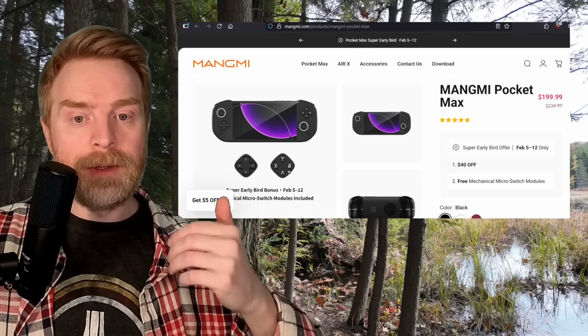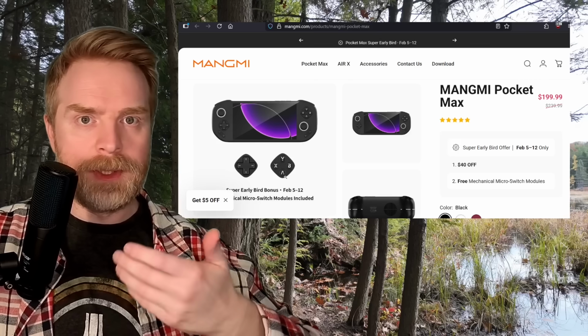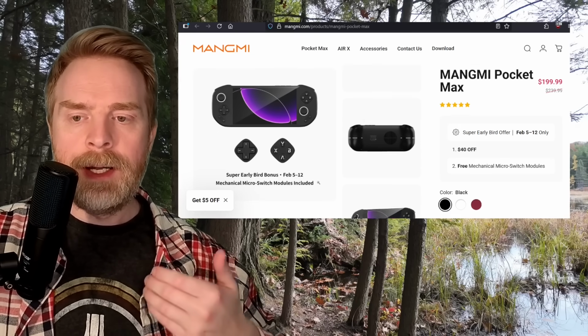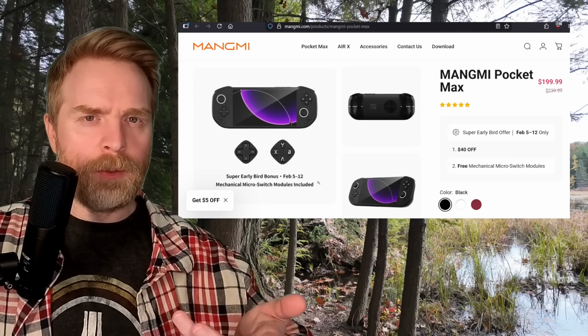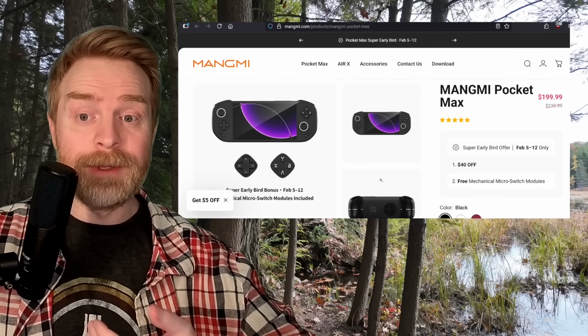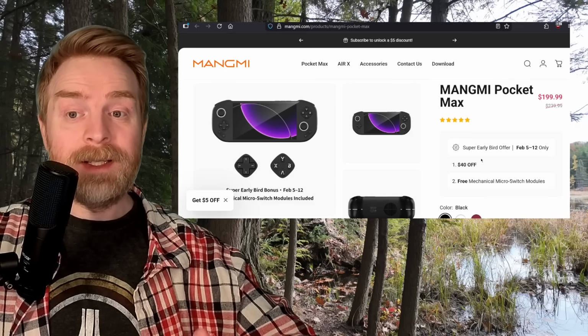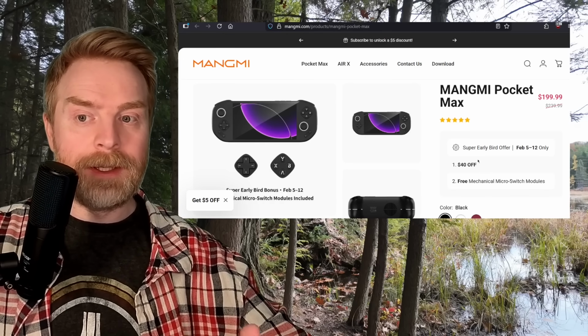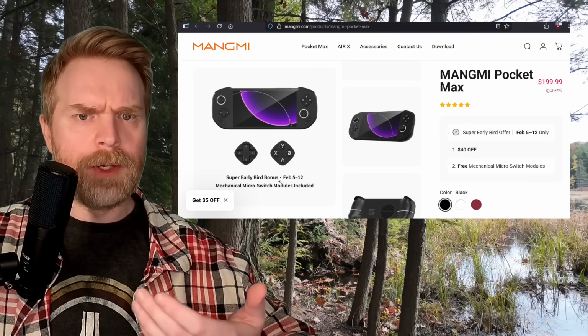And it does come with those micro switch modules, which the Retroid Pocket 5 doesn't. Would that be enough to sway you for one over the other? I'm actually really curious here. I do think competition is good for the scene, and I'm really curious to see the overall reception that the Pocket Max gets and the overall support from Mangmi